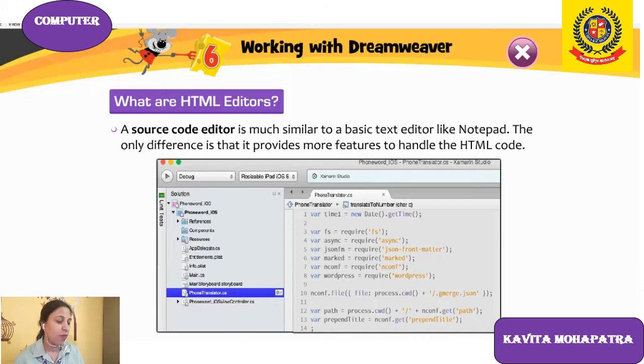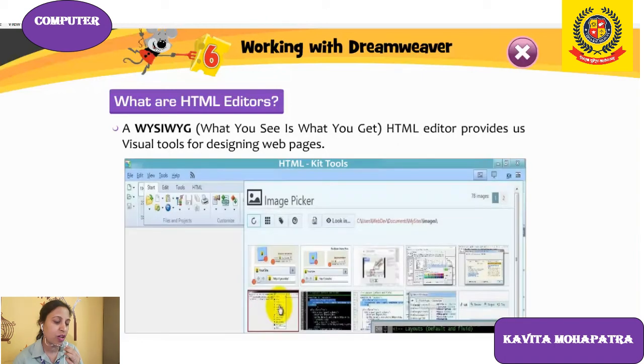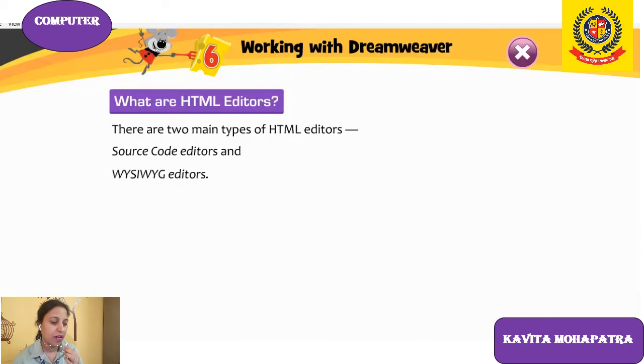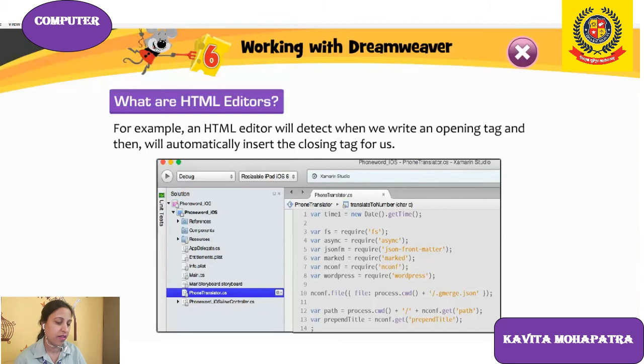Next one is what you see is what you get editor. So underline this one. The full form of WYSIWYG is what you see is what you get editor. For example, an HTML editor will detect when we write an opening tag, and will automatically insert the closing tag for us.